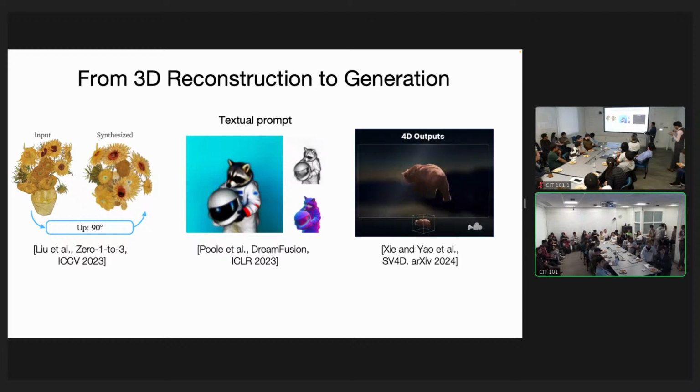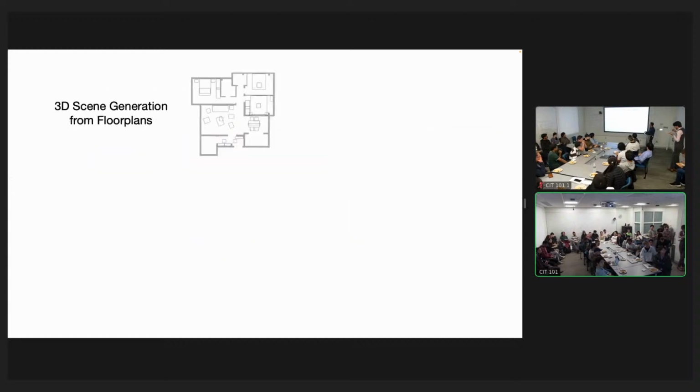In our lab we also work in this direction. This is our recent arXiv paper, where we start from a single image and convert that image into 4D content, or multi-view dynamic scene generation. Right? And with that, today in the first part of the talk, I'd like to talk about something in this